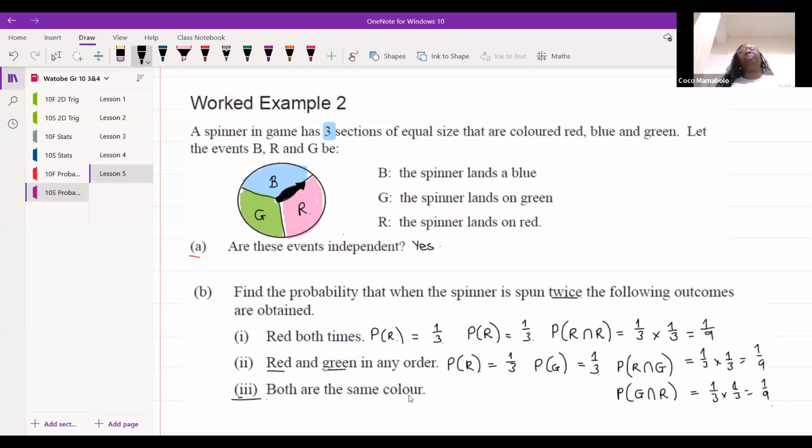Okay. All right. And I'm pretty sure we're onto something here. What is the probability that both are the same color? So what's the probability of red and red? What's the probability of green and green? What's the probability of blue and blue? It's still going to be 1/9. Correct. Hi, Jenna. Probability of red and red is going to be 1/9. Probability of green and green is going to be 1/9. All of them are just going to be 1/9, guys. It's not even that deep.